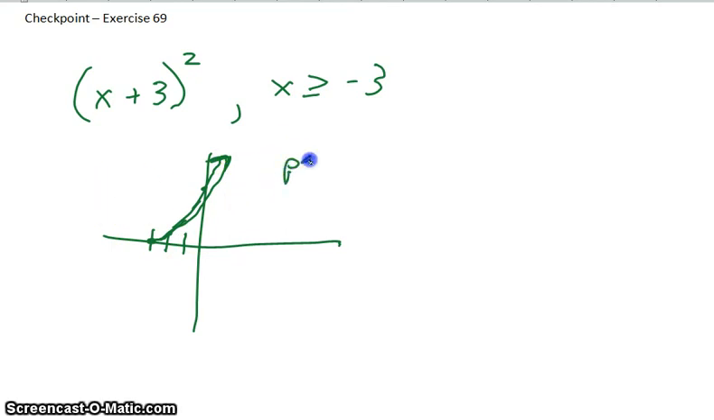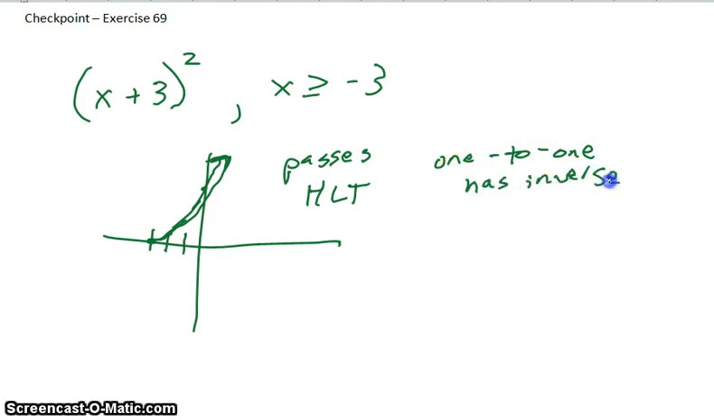This passes the horizontal line test. And because it passes the horizontal line test, it is 1-to-1. It has an inverse. And then it says to find it. So we have an inverse for this. So we're going to find it. So the way that we do that